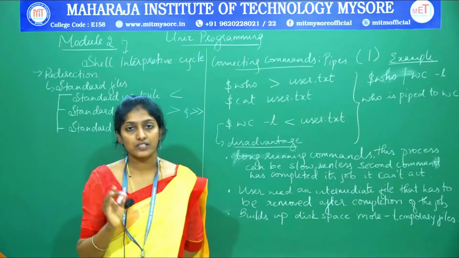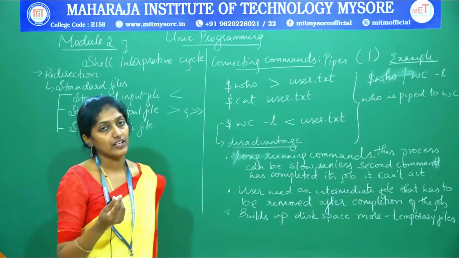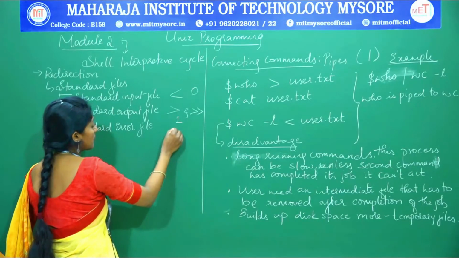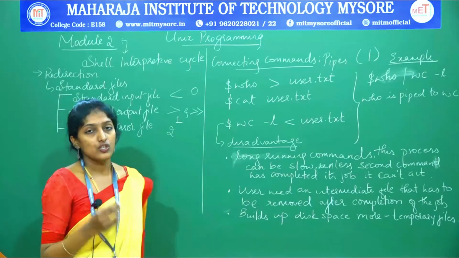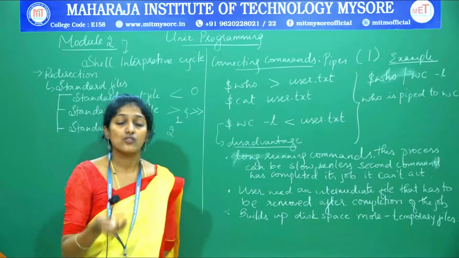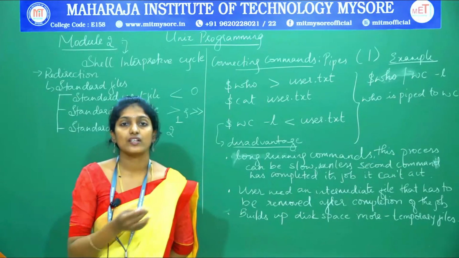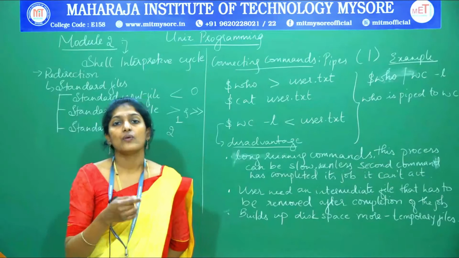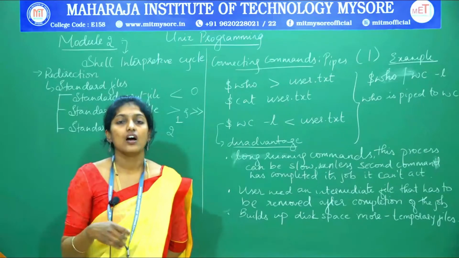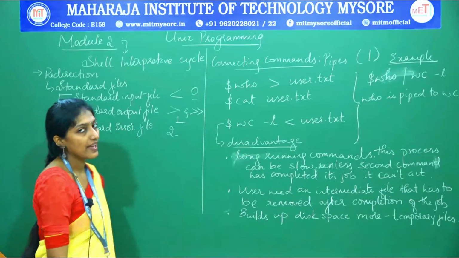Three file descriptor numbers have been used for the standard input file, output file, and followed by what? Error file. So 0 for the standard input file, 1 for the standard output file, and 2 for what? Standard error file. By prefixing these to a redirection symbol, you can tell from which file you are displaying the error message, whether it was through the input file, while reading the input you got the error, or while displaying the output you got the error. So these three descriptor numbers are used for displaying the error message.